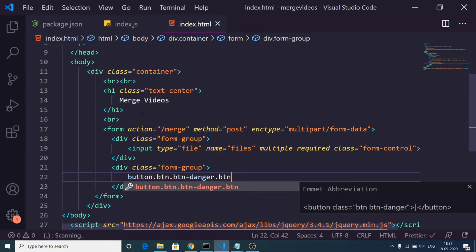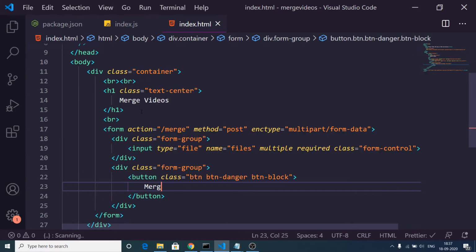btn, btn danger, and btn block. So these are all the bootstrap classes, and the simple label will be merge videos. That's it. And now if I just check by running the application,